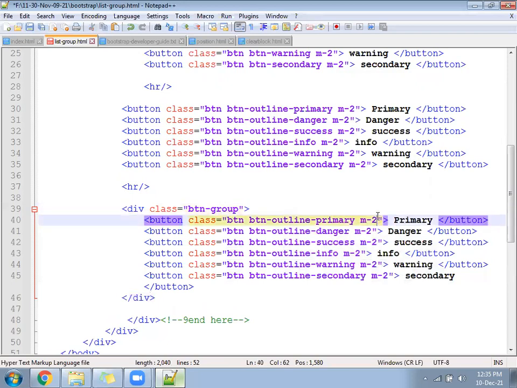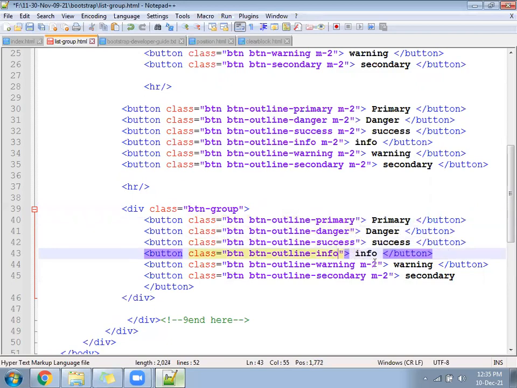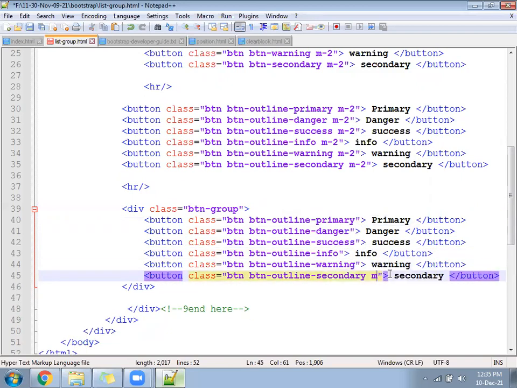Remove the M2 class. Buttons will have no space between the two and it will look very smooth and clean, buttons with a line. Let's see. Primary, danger, success, info, warning, secondary.